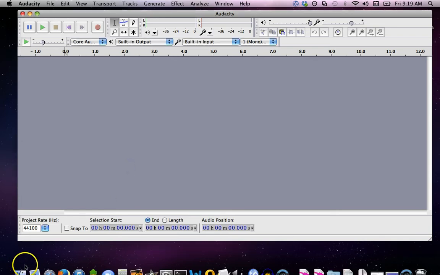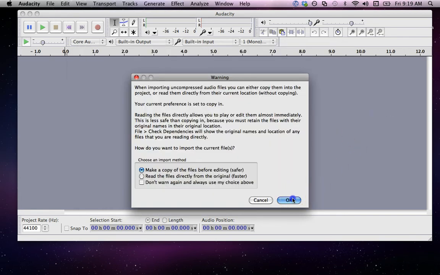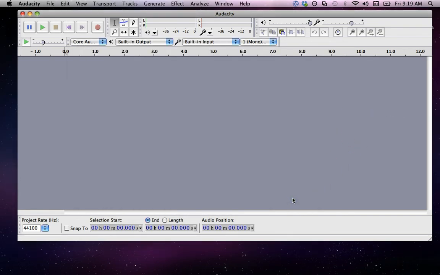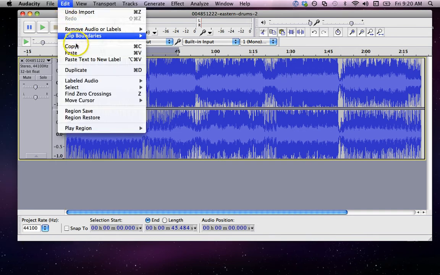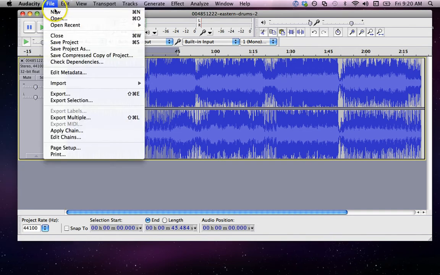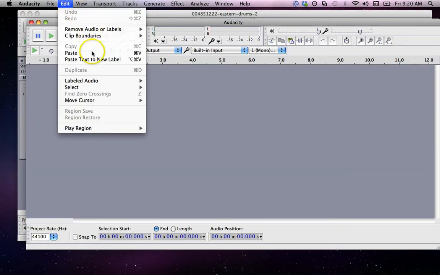The first step is that I need to open up my original music file in Audacity. And I know that this chunk right here is my main loop. But if I want 4 extra beats, I'm going to grab a whole lot of extra music. I'm going to grab an extra 15 seconds. Now that's way more than I need, but just to be safe, I'm going to grab a lot. So I'm going to choose Edit and Copy, create a new Audacity file, paste it in,